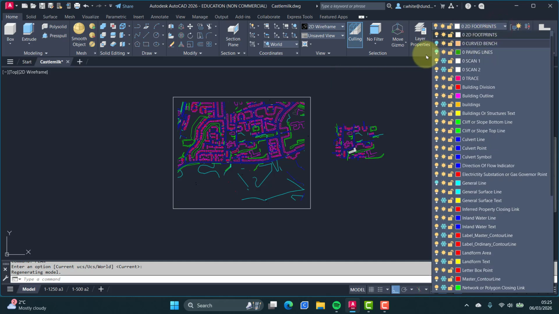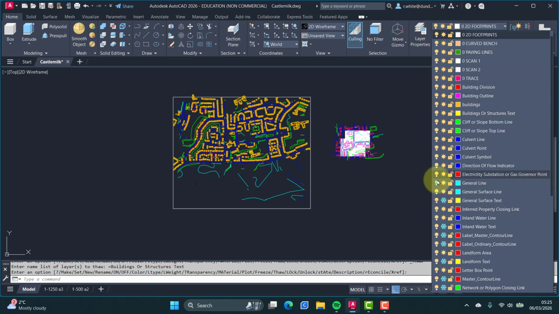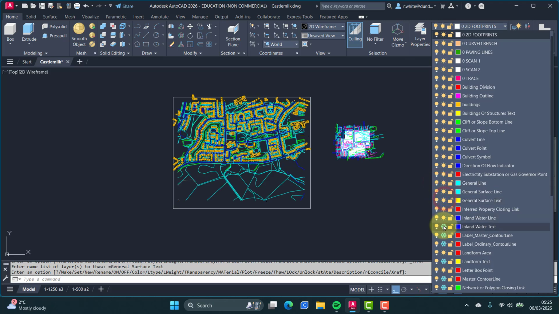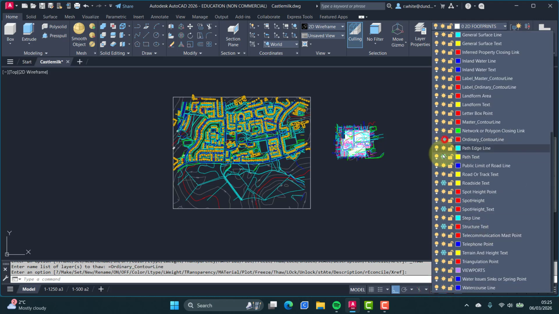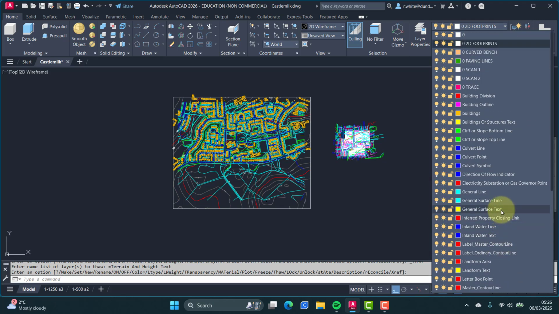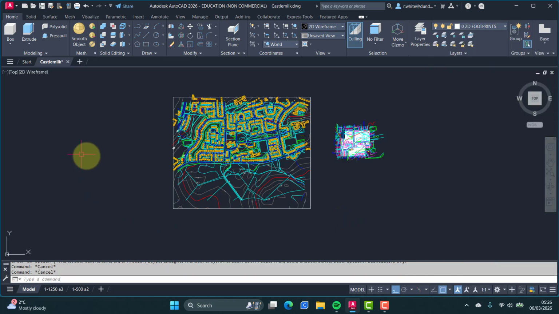So I've got quite a few layers switched off and frozen that I just need to bring back on before I move it. Otherwise I'll leave them all behind. Okay. Let's get all these layers switched on and thawed, so we don't leave anything behind. Then I'm going to draw a line